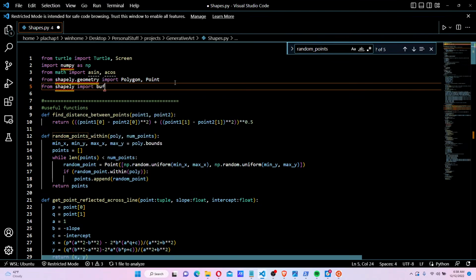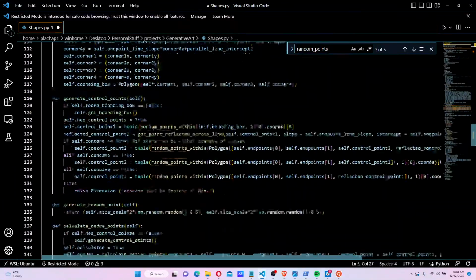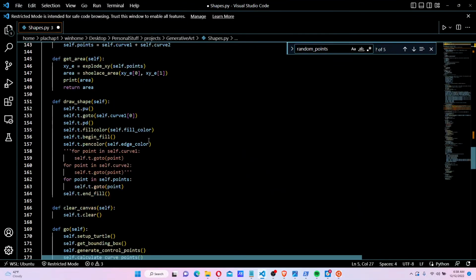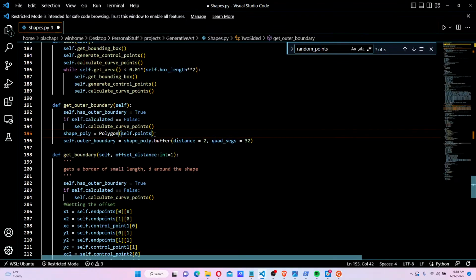Before I did capital B, so maybe that was the problem. I'm sure that was the problem, but this should work with quad segs. Shape poly dot buffer, so